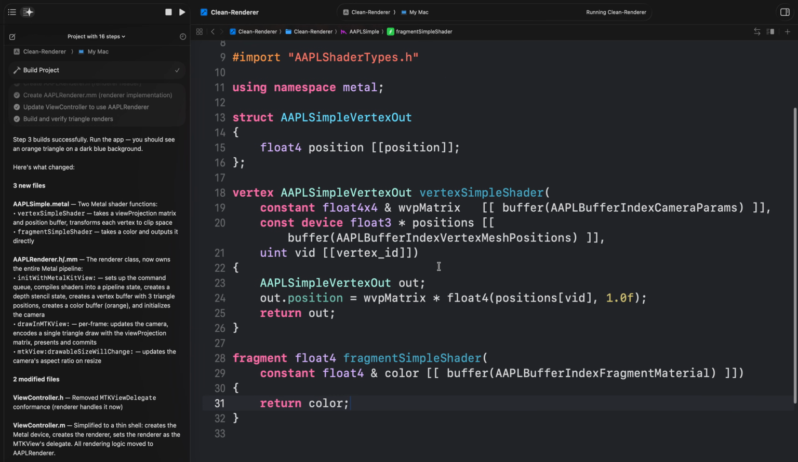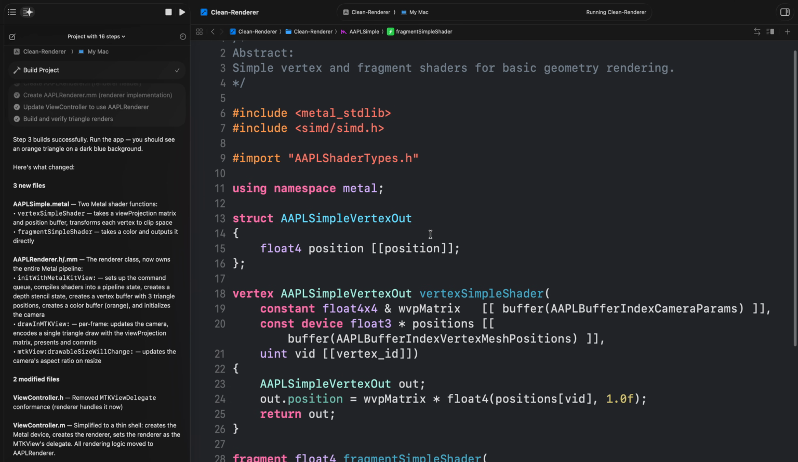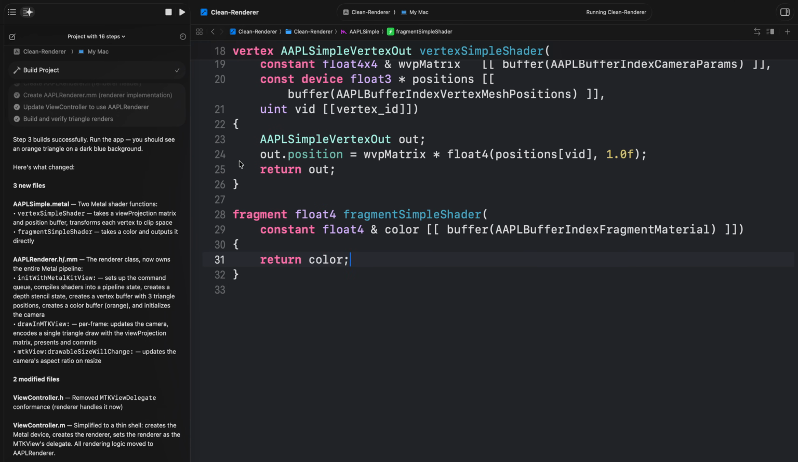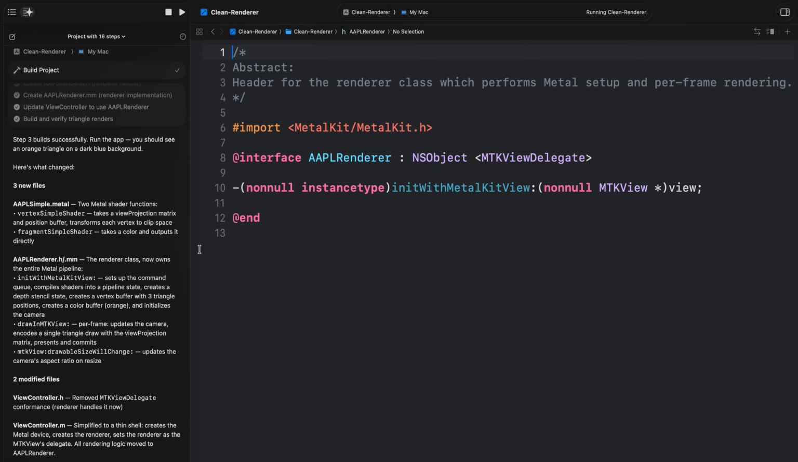So yeah, that is the APL simple dot metal in its entirety. Okay, so now we get to the APL renderer. So what is this? The renderer class now owns the entire metal pipeline. So we have init with metal kit view, which sets up the command queue, compiles shaders with a pipeline state, creates a depth stencil state, creates a vertex buffer with 3 triangle positions, creates a color buffer orange, and initializes the